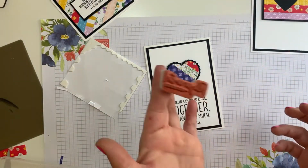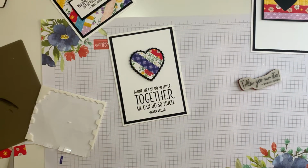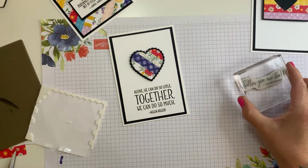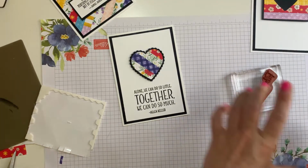Right, okay. Always put your stamps away, guys, because they're cling and they're sticky, sometimes they'll stick to other stuff. And if you lose them, you'll be kicking yourself. So I always put mine away pretty much straight away. Right, okay. So the next card